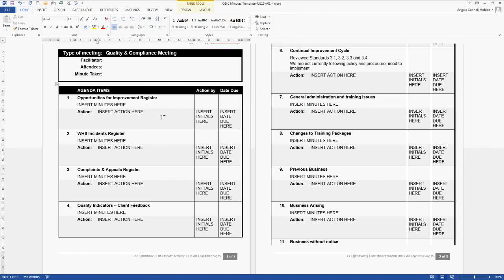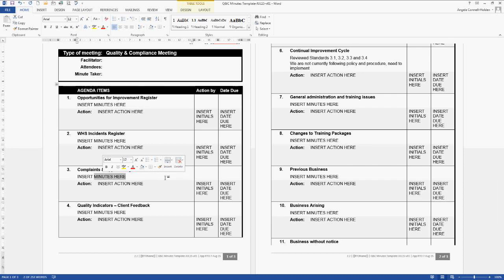Before you get a whole heap of complaints from the rest of the students within your RTO, all of your trainers can now see, oh, they're doing something about that toilet paper issue. I can now see that it's in the minutes. And that's the whole purpose of the minutes, is that everyone's learning throughout the organisation from other OFIs, from other WHS instances, from other complaints and appeals. So we're not repeating the same mistakes and everyone's learning from it. And that's the purpose of your Q&C meeting.